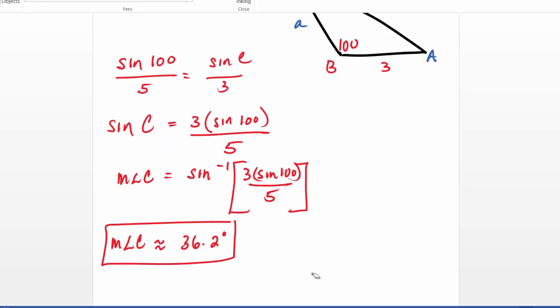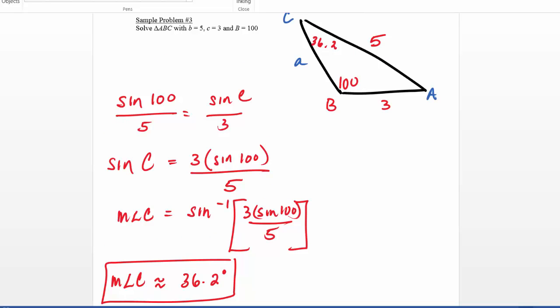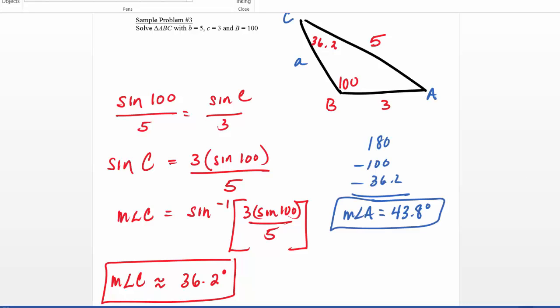Okay, so you can see here I've done my cross multiplication, and then after cross multiplying my first step, I divided both sides by 5. So I actually kind of skipped a step here just to save a little space. And then to get angle C by itself, I had to use the inverse function of sine. And then I punched all that in my calculator and got an approximate value of 36.2 for angle C. Now that being said, finding angle A is really simple. We just subtract the two given angles from 180 degrees. Okay, so now that I have that,